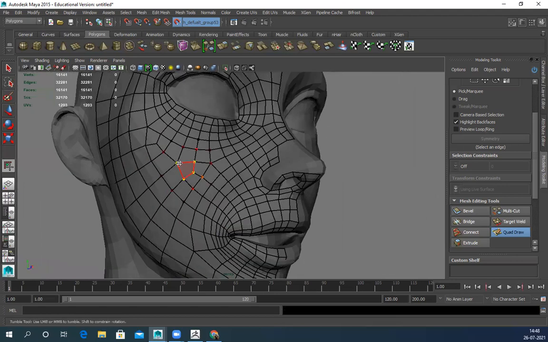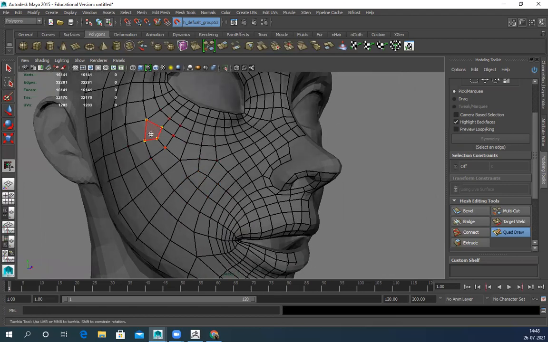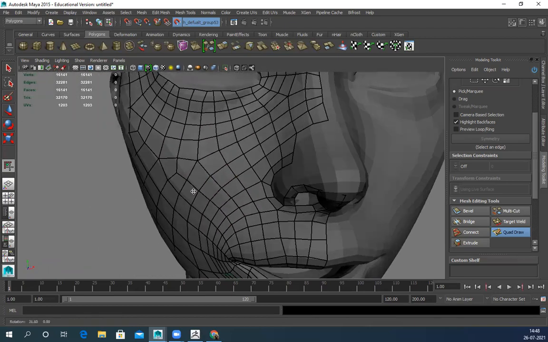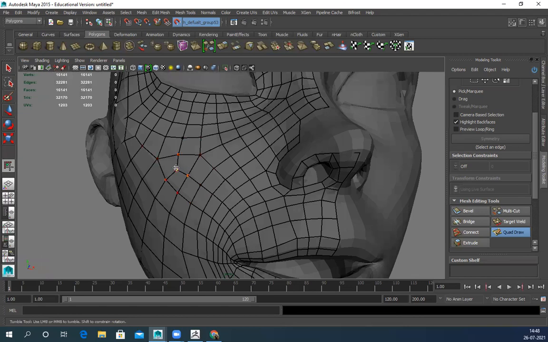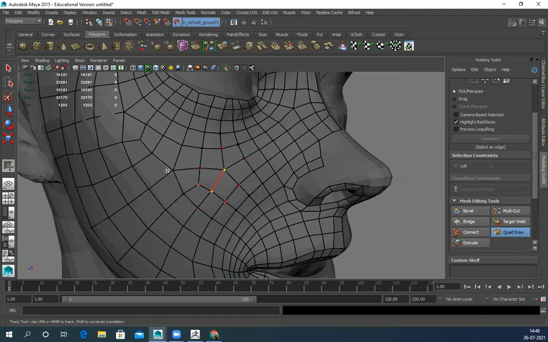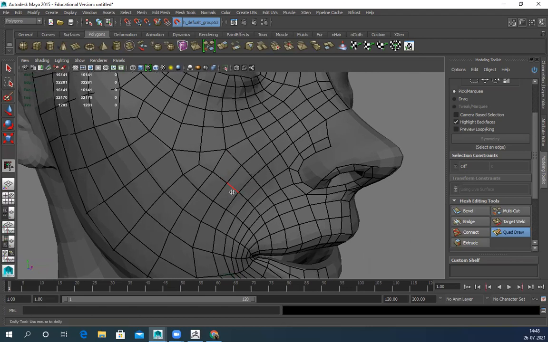So here I can see there are two issues, this one and this one. I have to fix this. Though it won't create any problem in animation, this one might create a pinch while moving, opening and closing the mouth. So I need to make sure this is a clean loop.